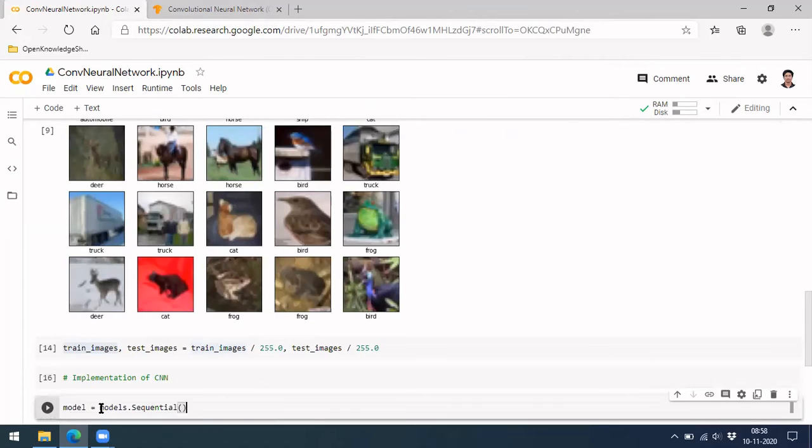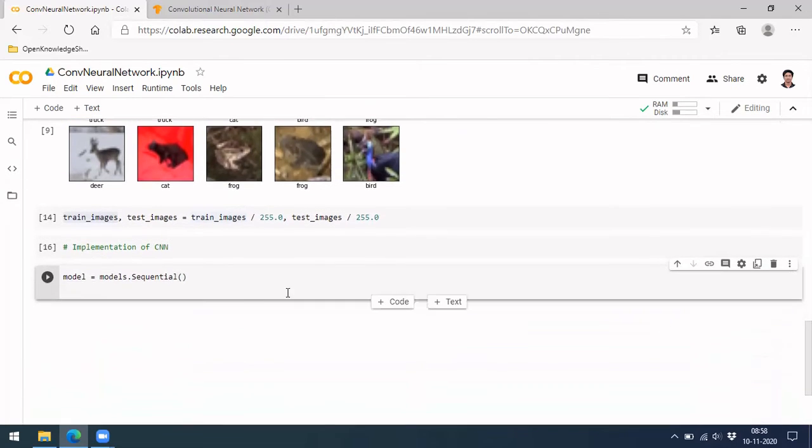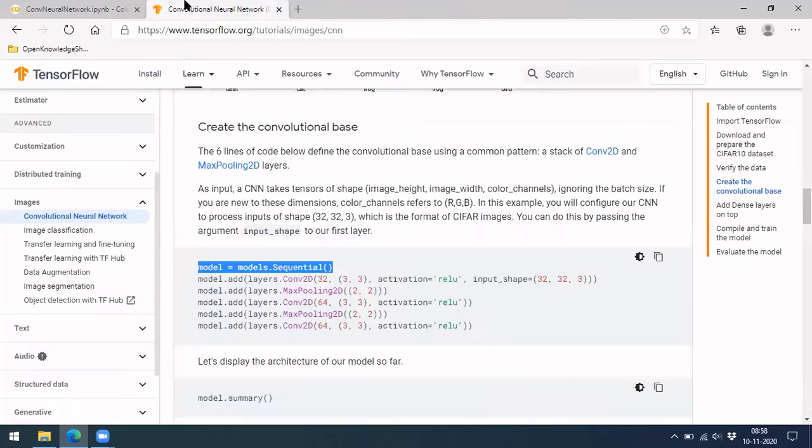So for the model, we have to define that our model will be a sequential model, and then we can start adding layers to it. To add, we use model.add, and now our convolution. You can see that we have to specify the input shape. The shape is 32 by 32 by 3. You can specify that shape to this model here, and then you can give the layers.